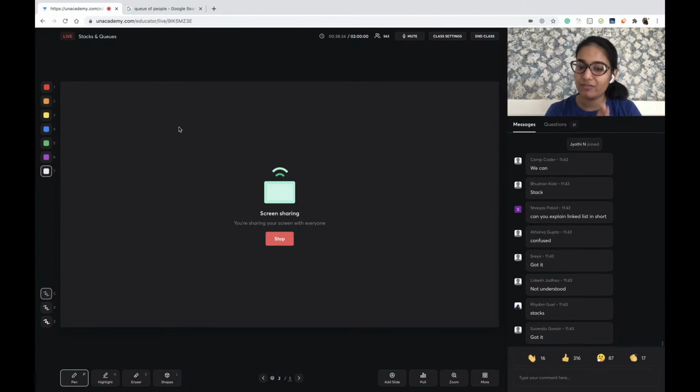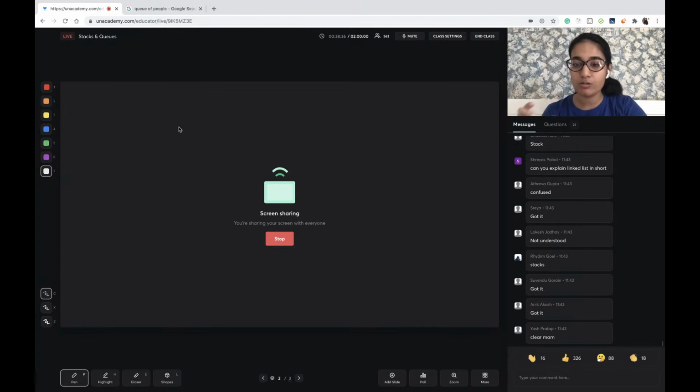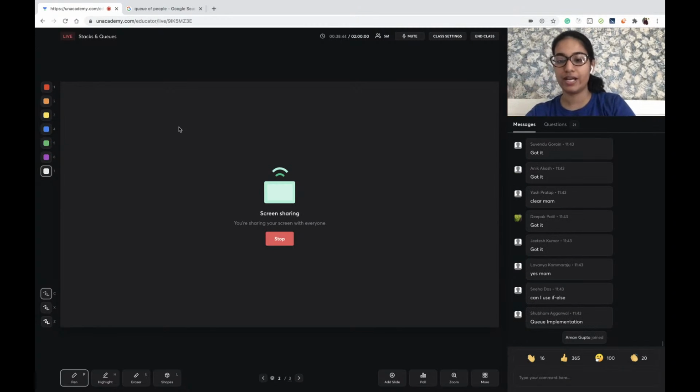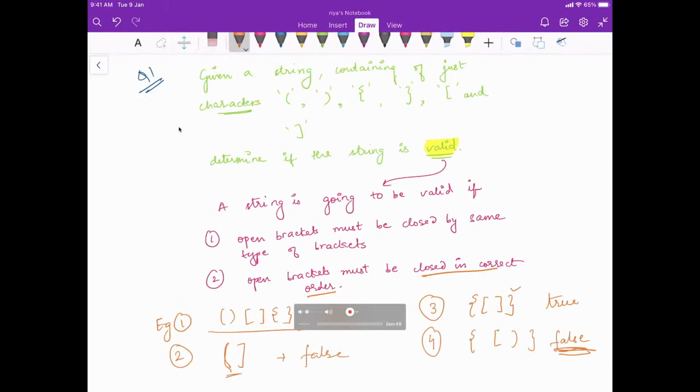Read the problem statement once again, see if you have any doubts, and don't just tell me the data structure which you are going to use. Also try to explain what kind of an approach you are going to use, right? How you are going to use that data structure at this point to solve the problem. Take 3 minutes, try to put your approaches in the chat and then we will discuss.